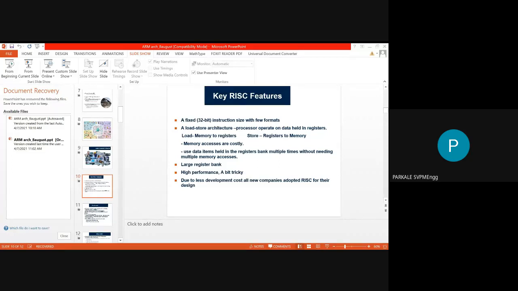The next feature is that most ARMs implement 2 types of instruction set, called the ARM instruction set and the Thumb instruction set. The ARM instruction set is the 32-bit instruction set, and the 16-bit instructions are called the Thumb instruction set. By default it uses ARM, which is 32-bit, and the Thumb instruction set is the 16-bit. So you have to remember these two types of instruction set.